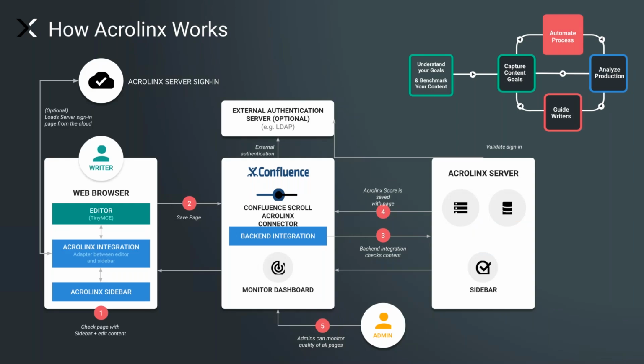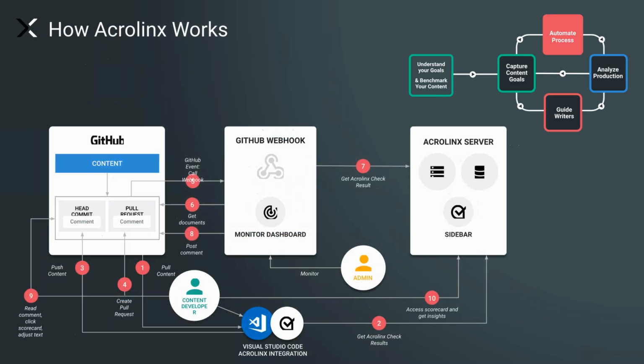The automation process is where we start to look at content moving through a complex process. This might be an automatic process, as in here you can see something flowing through Confluence. A lot of people are managing marketing campaigns or all sorts of support organizations, all sorts of customer-facing content through Confluence. But this also might be an even more fully automated process, like in an engineering environment where content is embedded in a product, or an agile process where content's just sitting in a GitHub repository, and every time it gets checked in, it can get scored, and